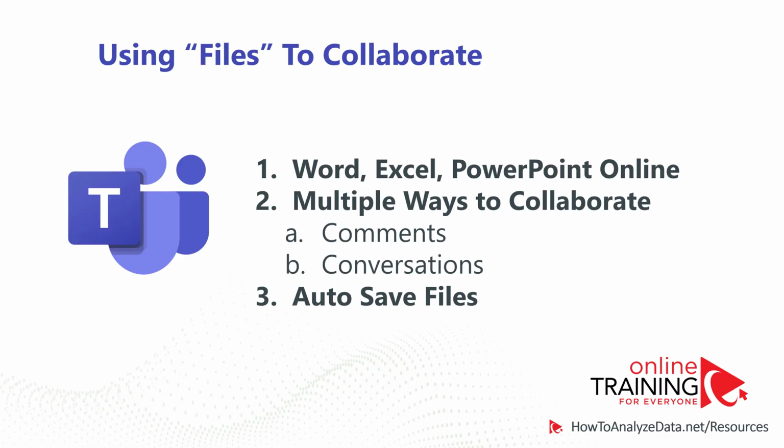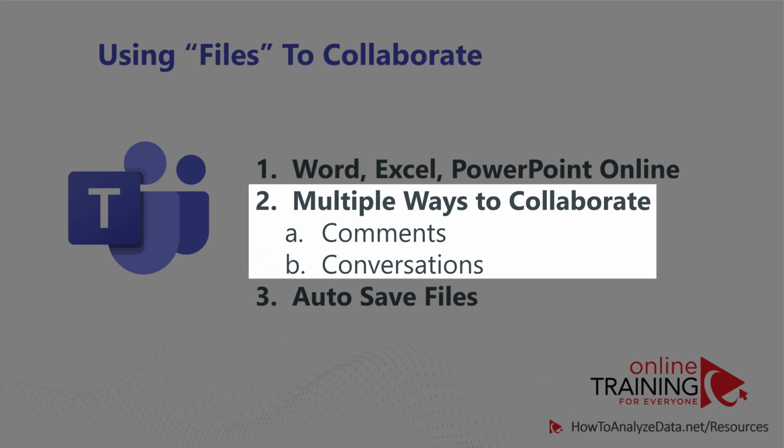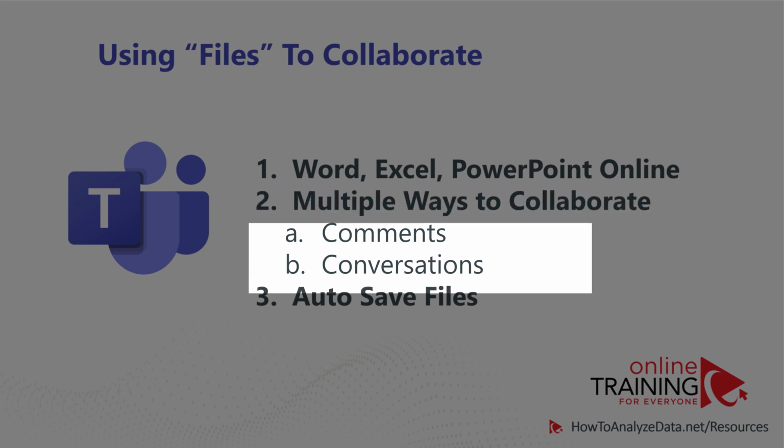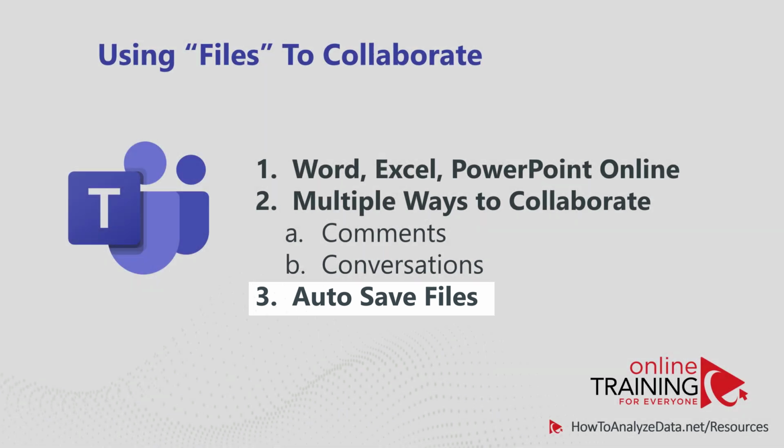Microsoft Teams provides phenomenal file collaboration capabilities. It has built-in versions of Microsoft Word, Microsoft Excel, and Microsoft PowerPoint Online right inside Microsoft Teams. And it has various different ways allowing you to collaborate. You can use comments, you can use conversations, and you can also use version control. On top of that, it auto-saves the information, so you don't have to be worried about losing anything